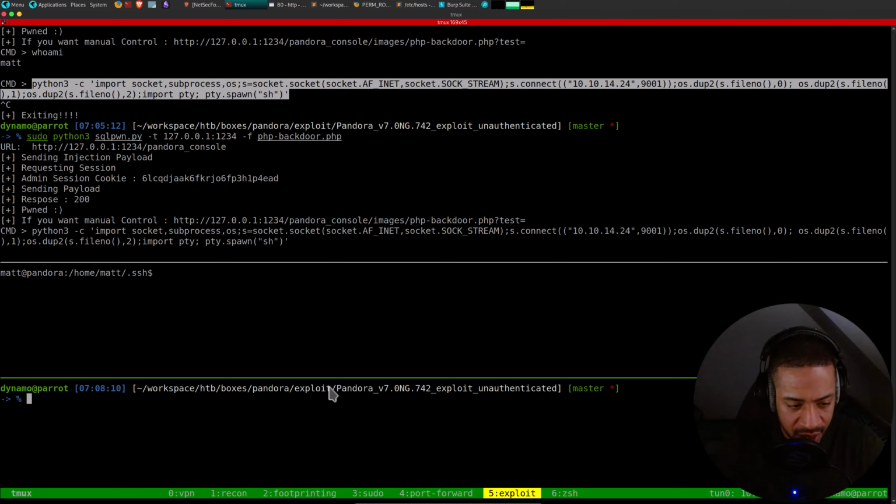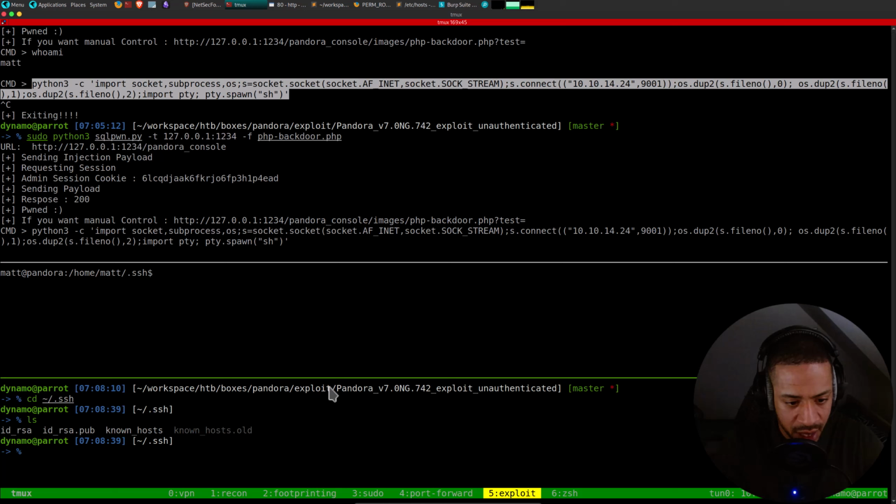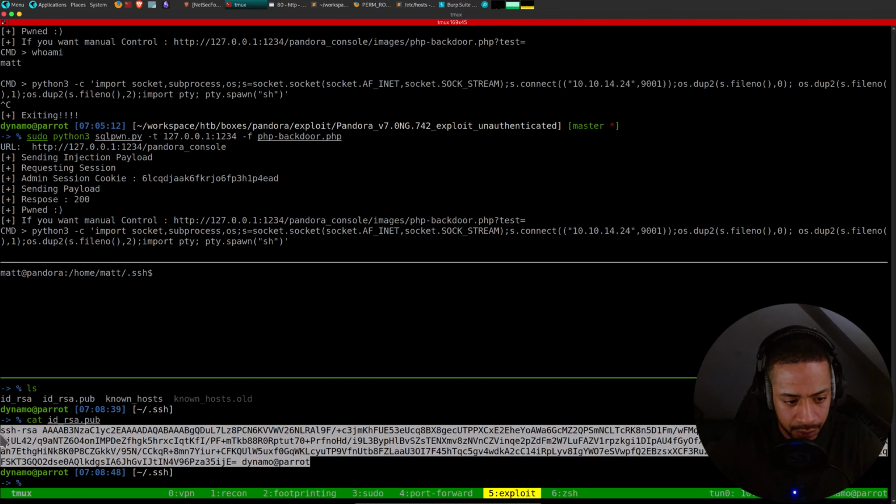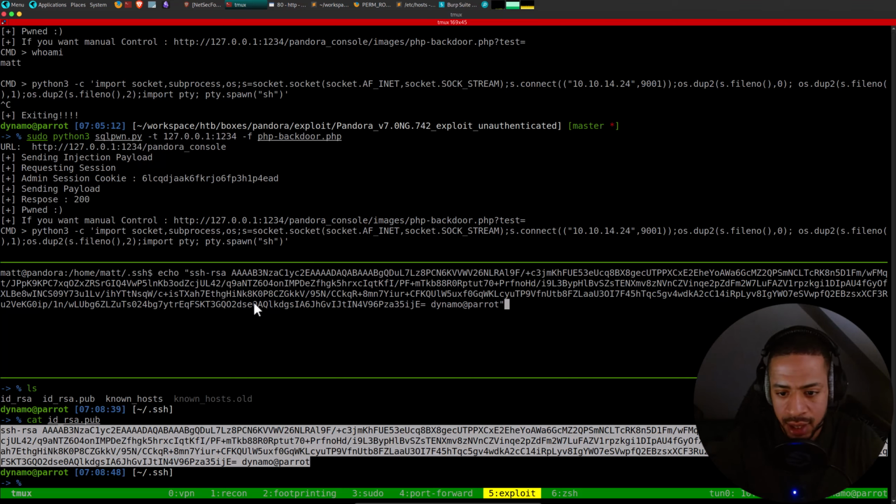Okay, so let's go into my current working directory, .ssh, like that. And then we can cat my public key. And then I can echo my public key into authorized_keys like this, I believe.